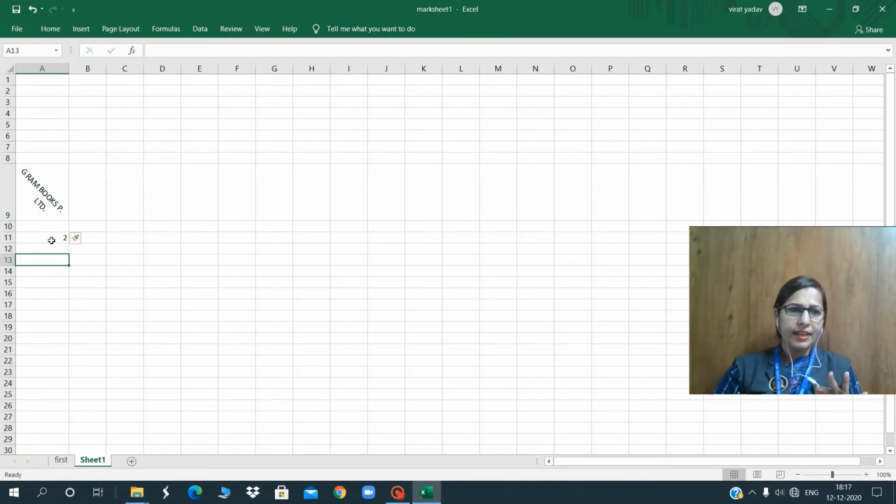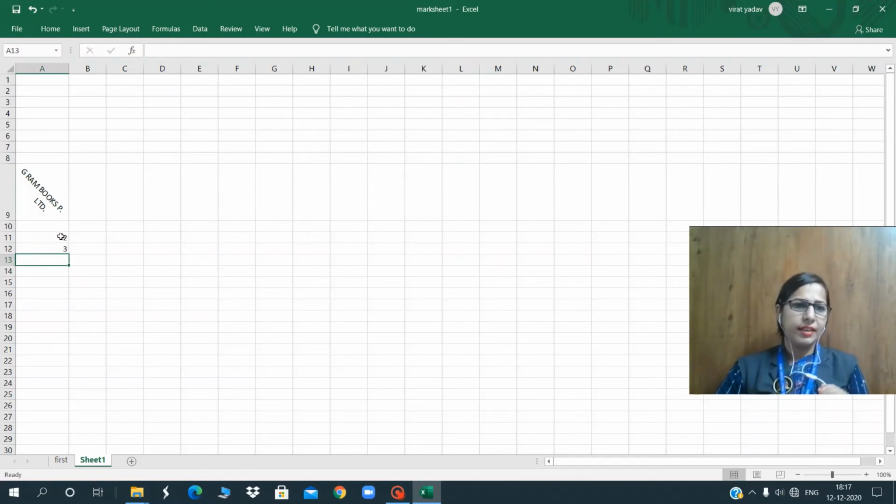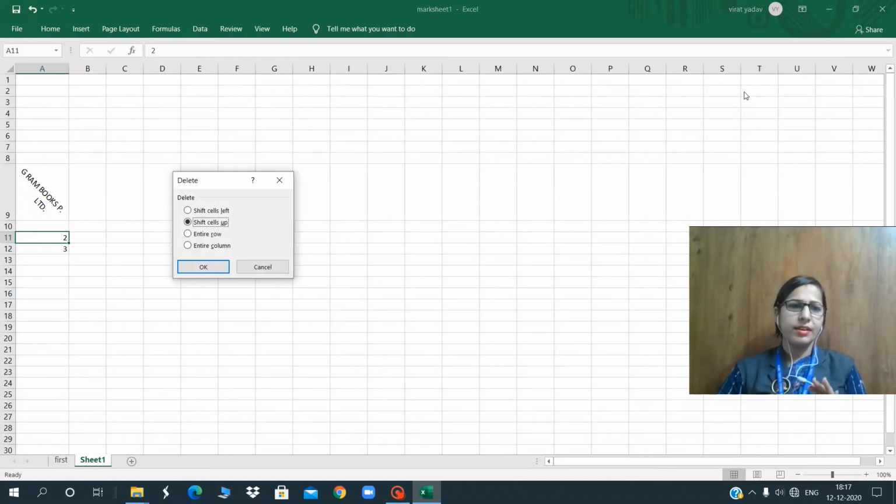If I want to delete this cell, see, I have to write here 3, and then you can see the difference. The number 2 is written here, and I want to delete this cell only. So I select this and go to the Home tab. In the Home tab, again Delete. I want to delete this cell, so I select the Delete Cells option. As I click on Delete Cells, it gives you some radio button options over here.